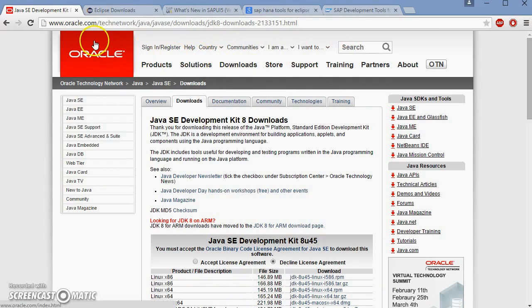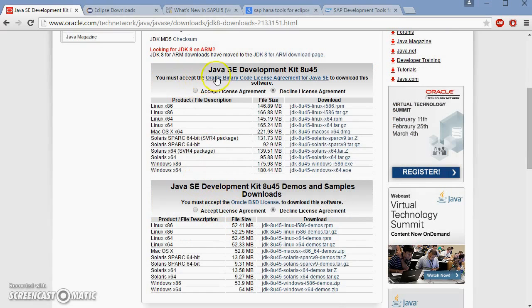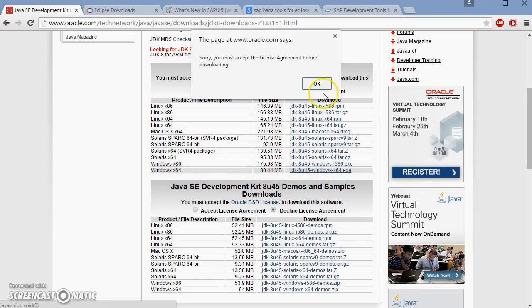To download Java, go to oracle.com and install Java SE Development Kit, that is JDK. Since I'm running Windows 64-bit operating system, I will choose this setup.